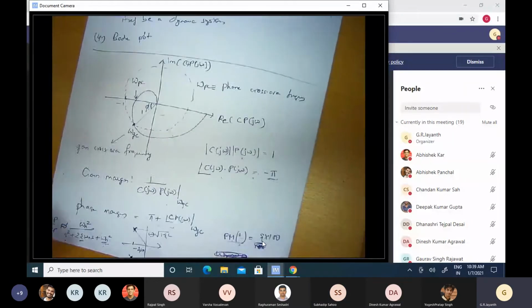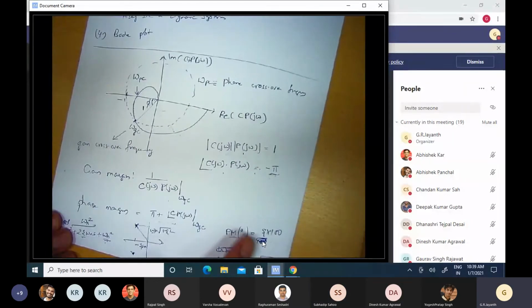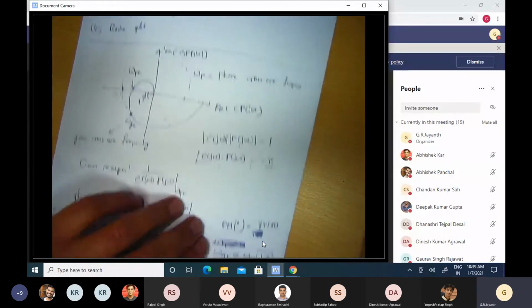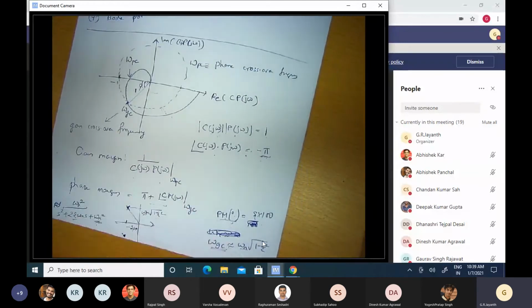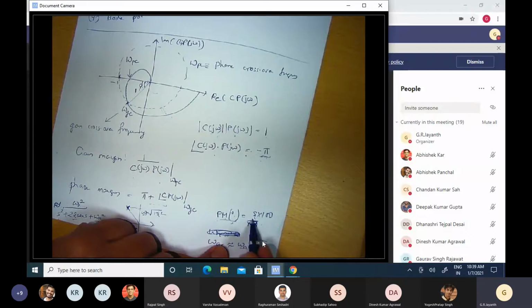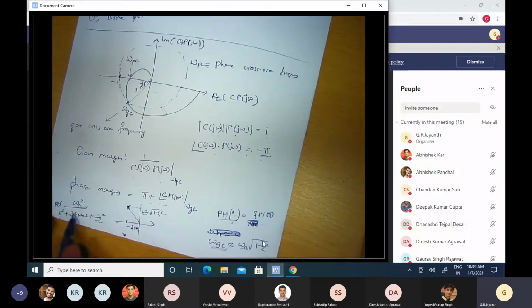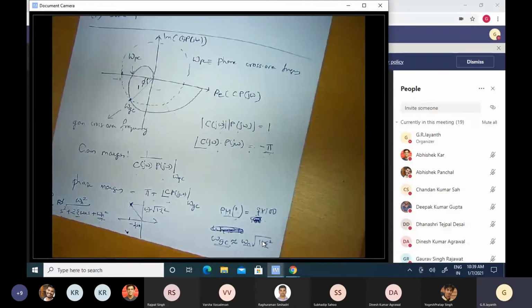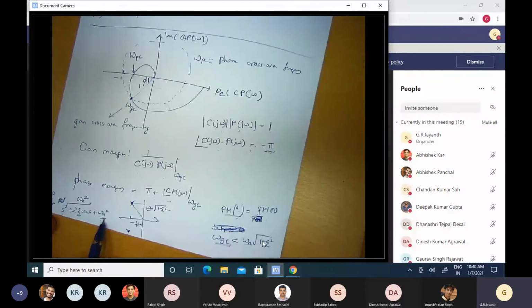So, therefore, the phase margin is an important design metric, because it indicates the extent of stability. If my zeta were equal to 0, what does that mean? My closed loop poles are on the imaginary axis, right? Because in the denominator, I'll have s square plus omega n square, and the roots of the denominator polynomial, which are the poles of the closed loop system, will be plus or minus j omega n, and those will be on the imaginary axis. But for my closed loop system to be stable, those poles have to be well within the left half of the complex plane, not on the imaginary axis.